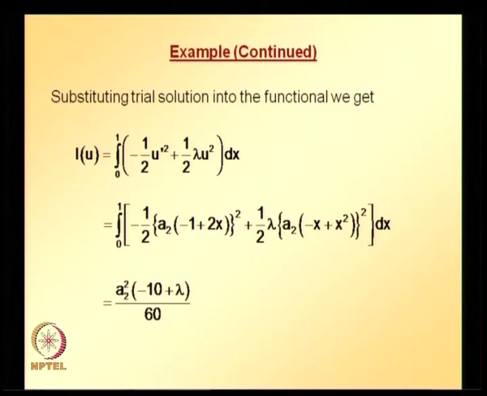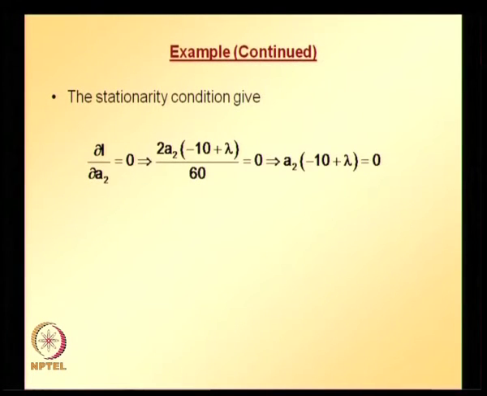The functional becomes a function of only one unknown coefficient, a2, and what is the stationarity condition? Partial derivative of I with respect to a2 is equal to 0. That results in one equation, one unknown. And if you see this equation, a2 times (minus 10 plus lambda) is equal to 0. This is what